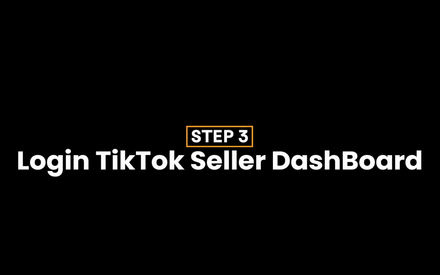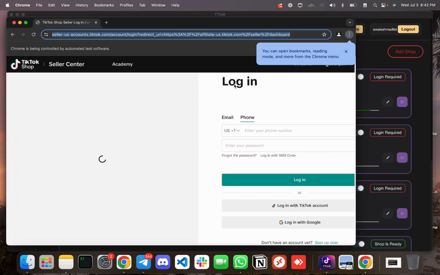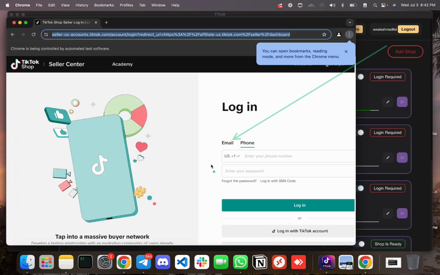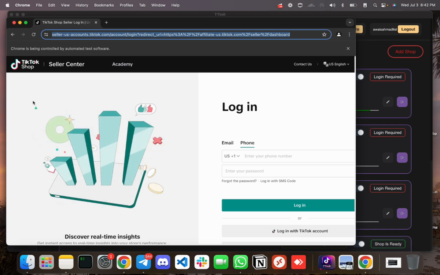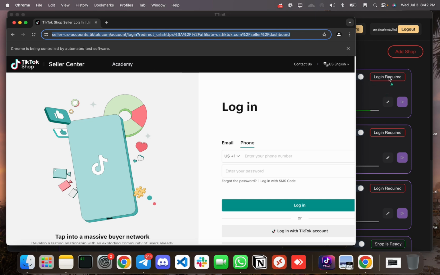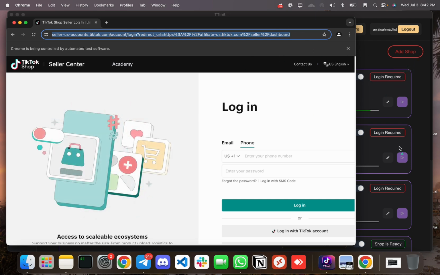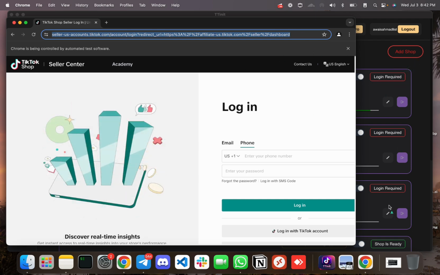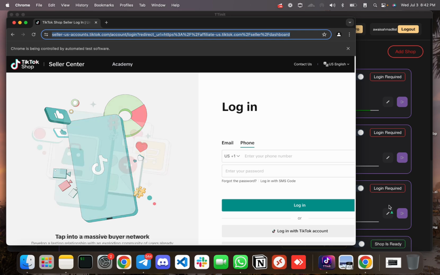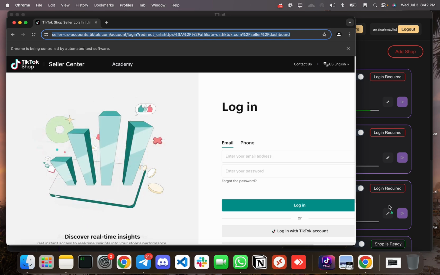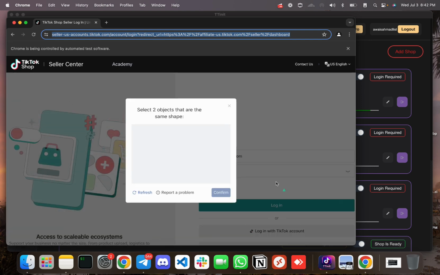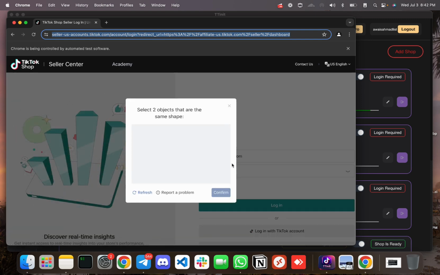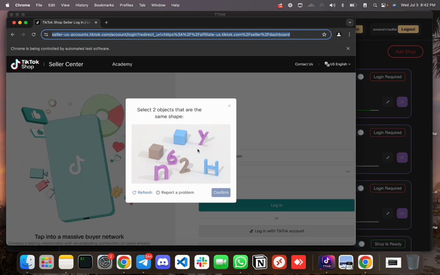Step 3. Log in with TikTok seller dashboard or affiliate account. Next, log in with your TikTok shop or brand and save the profile. Click on login required. A Chrome window will pop up with the TikTok seller dashboard. This Chrome window will have already loaded the TikTok seller dashboard with your shop credential that you already put in